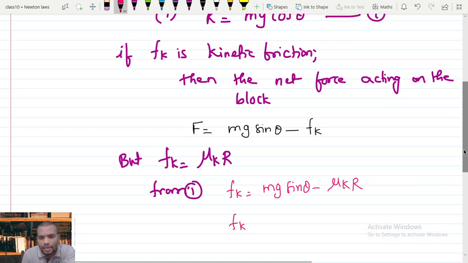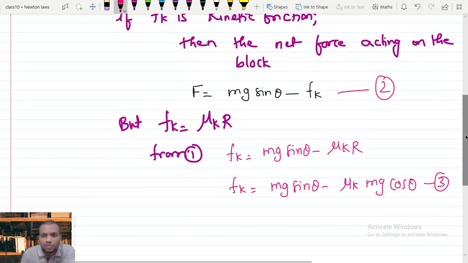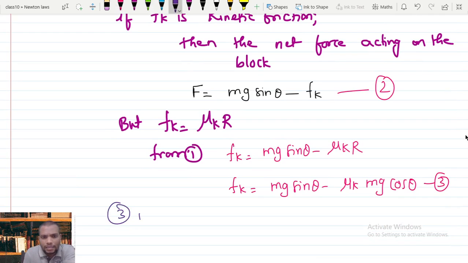Therefore f of k equals mu of k times mg cos theta. Now if I take this as equation 2 and this as equation 3, now substitute 3 in 2 to get the resultant force. The resultant force F equal to mg sin theta,